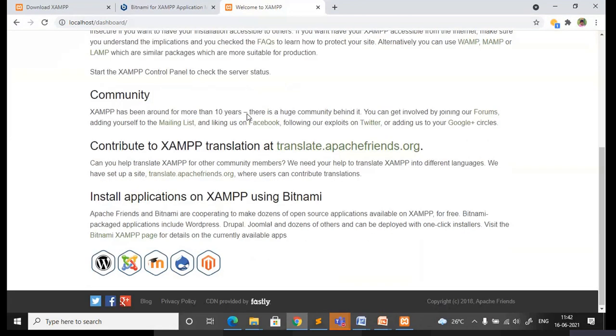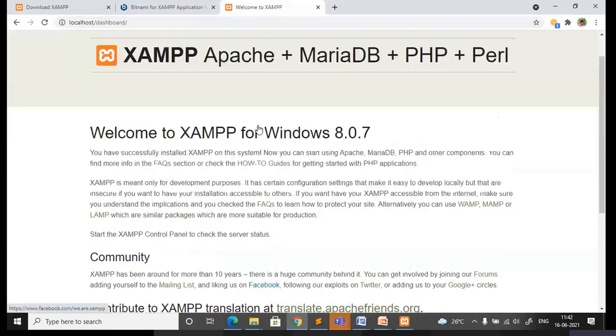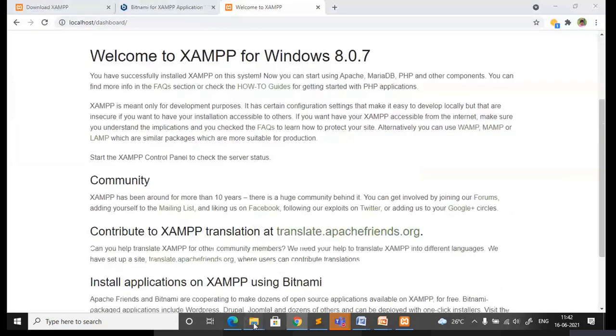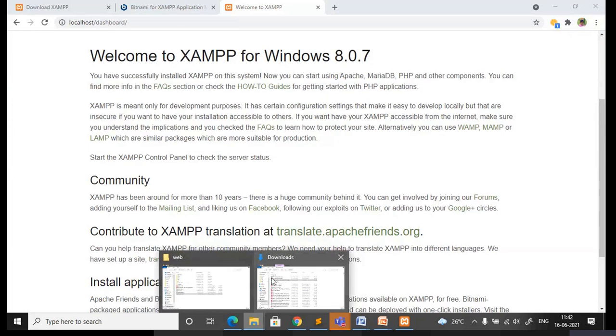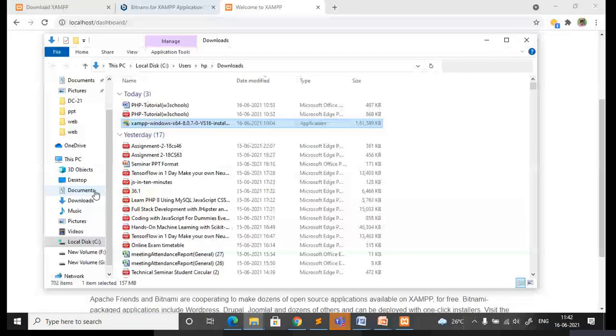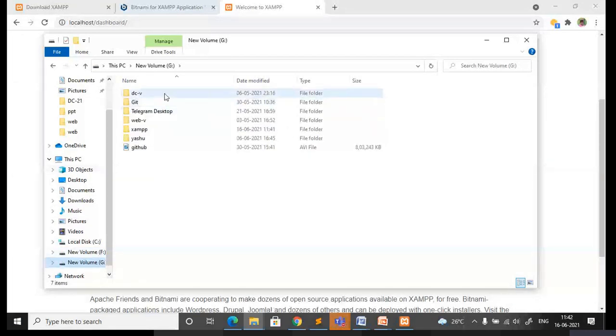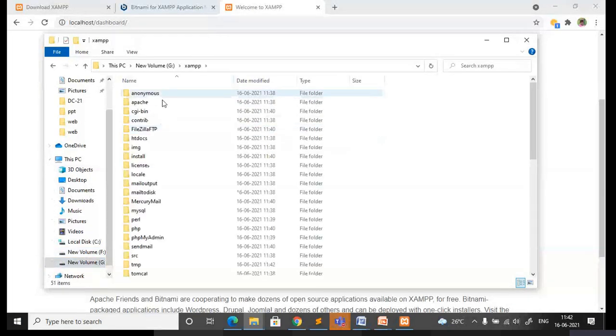Next, go to the folder where I've installed it. In this, I have my htdocs. Here you have to save your program. Instead of dumping it here itself, you better create one folder.